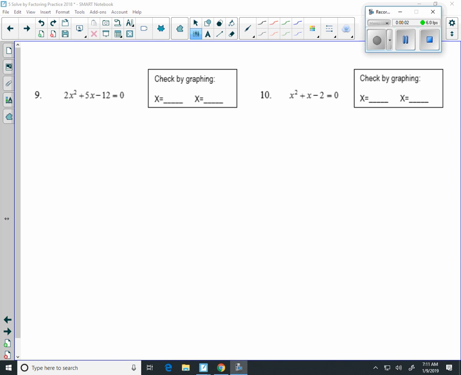Number 9 and number 11, and then you guys can go back and work on some of those evens that I didn't get to. We're going to start by doing a times c, so we're going to do 2 times negative 12, and that's negative 24. We need two numbers that multiply to negative 24 and add